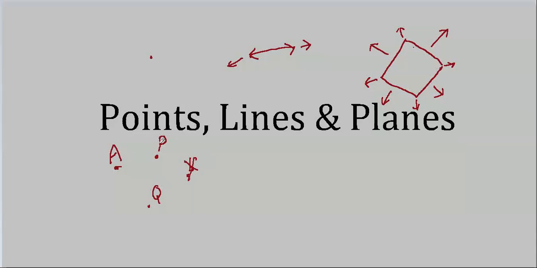So now we have a way to talk about the point. That's point A, that's point P, that's point Q. I think that sounds a lot better than the point, the other point, and the other point. What about lines? Well, suppose,